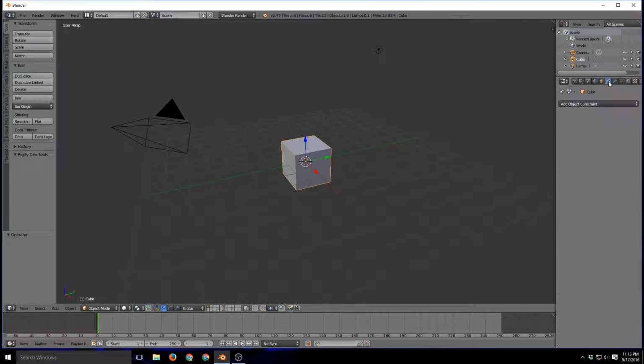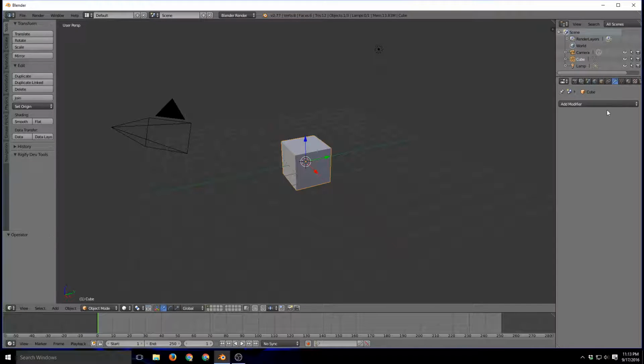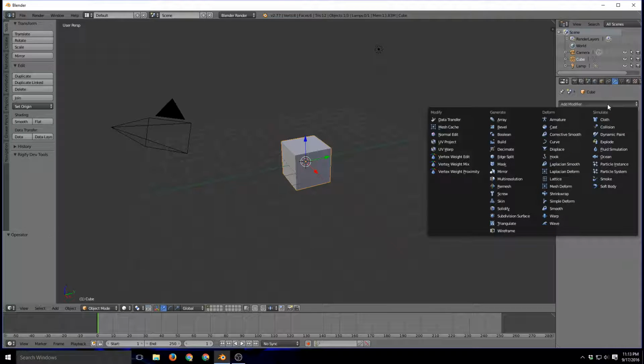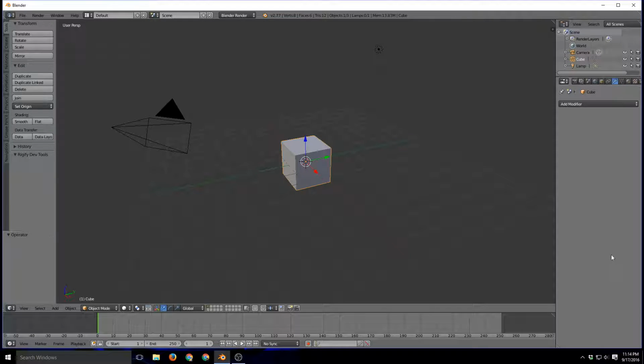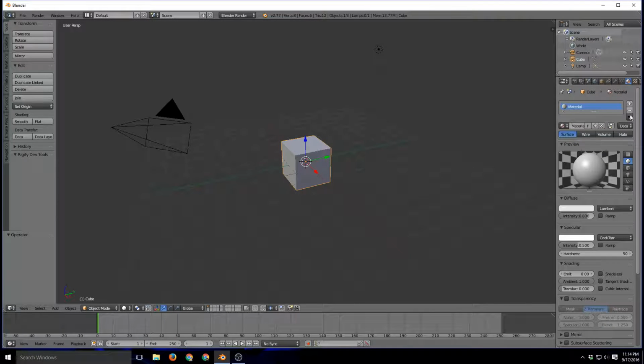Next we have constraints, and this basically allows us to limit things if we're doing animation and stuff, which can be useful. We have modifiers, which allow us to use very smart editing tools, so we can have the computer mathematically generate some modifications that we want to apply to our object that are too advanced to try and do point by point. We have data, which we really don't use much. We have materials,